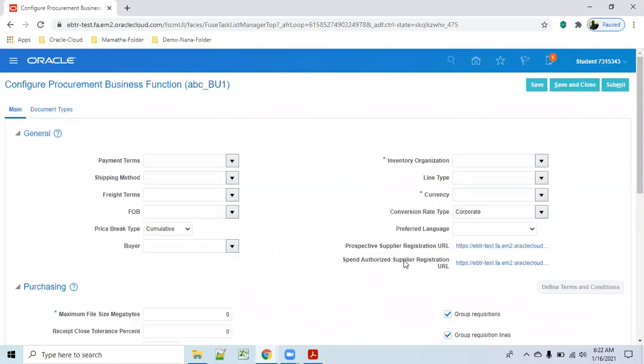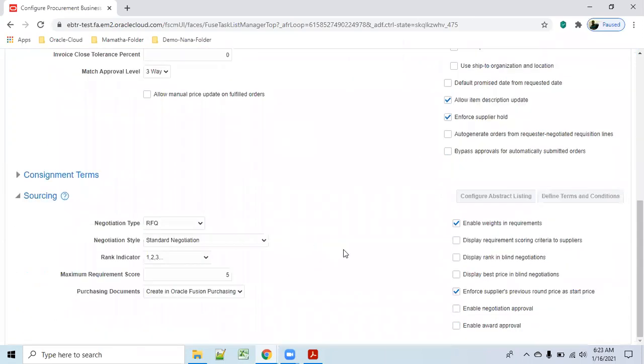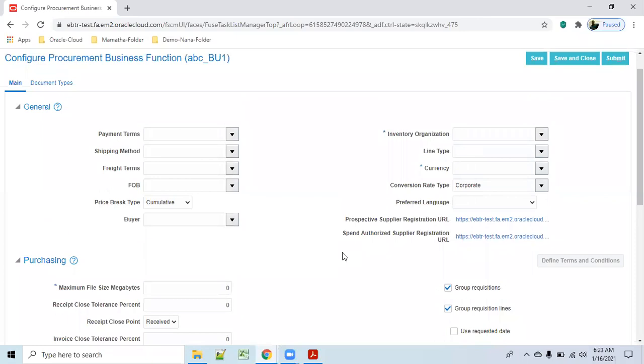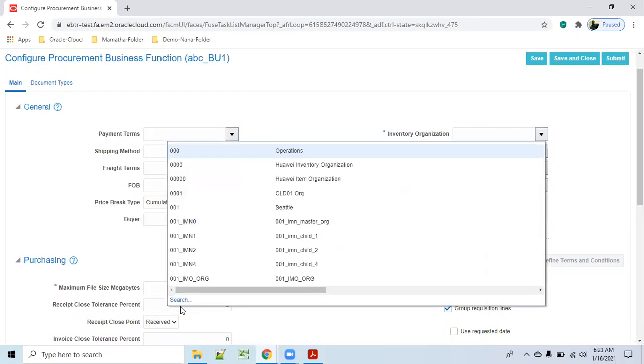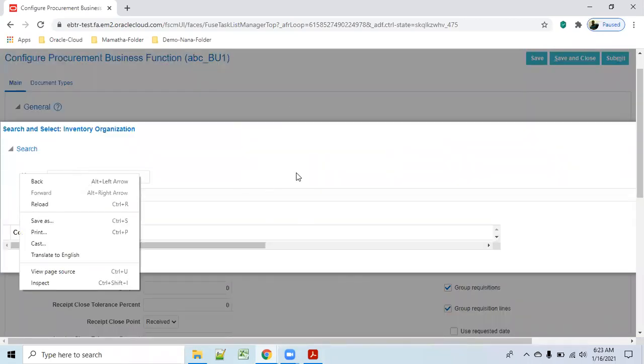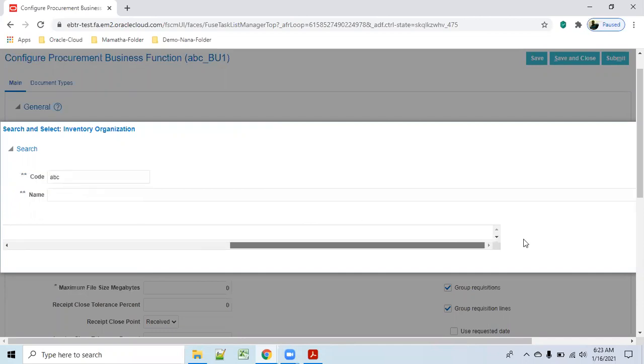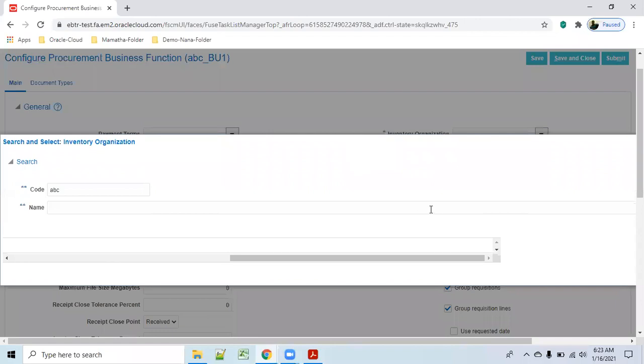Okay, so here in mandatory setups I am concentrating on inventory organization and then currency. The remaining are all optional. So we have already created it. So select your inventory organization. What is my inventory organization? ABC, right? Yes. This is a problem, man.